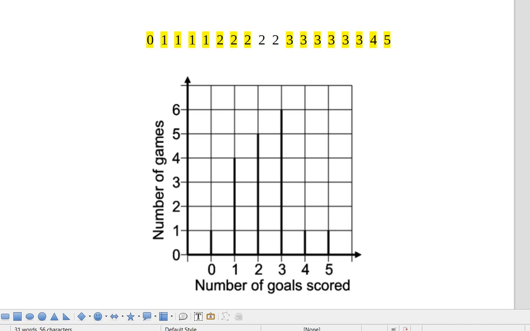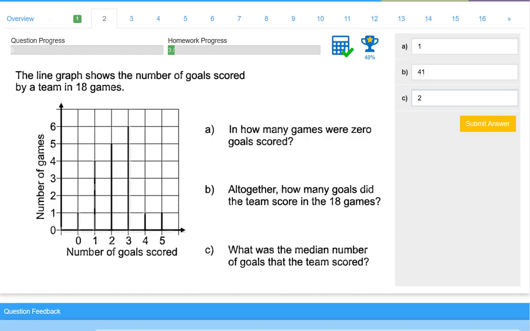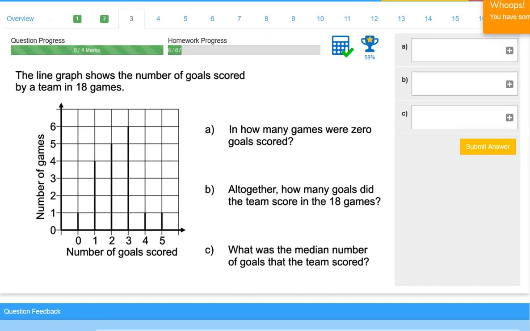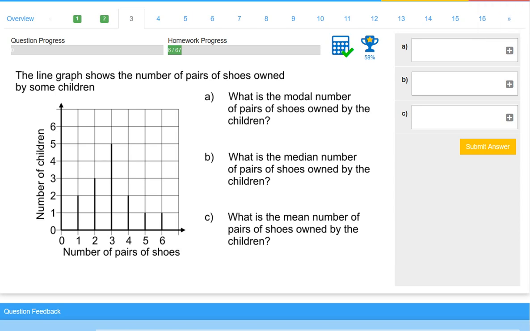And again, go back to MathsWatch and do that. And there are our answers, and hopefully we're getting the hang of this. So lots and lots of practice. Line graph. If you were completely confused by this, it might be worth just pausing the video and trying a